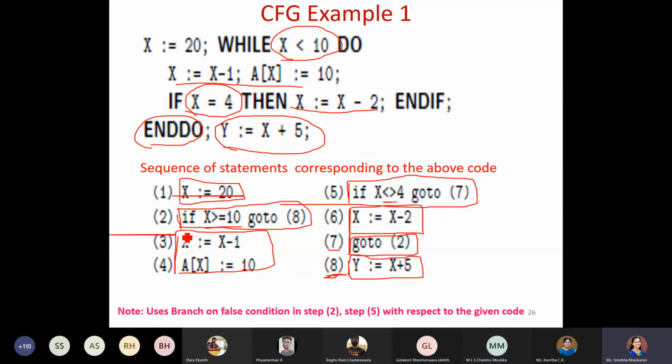That is what is explicitly represented this way. Oh, I got it, ma'am.